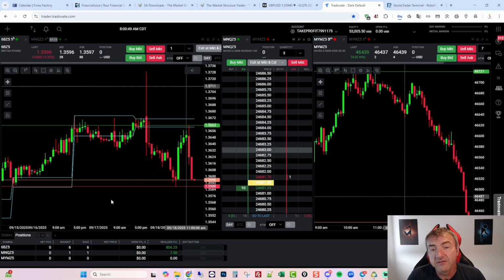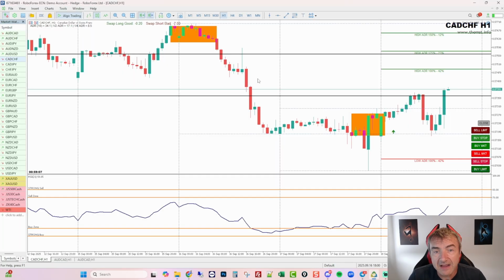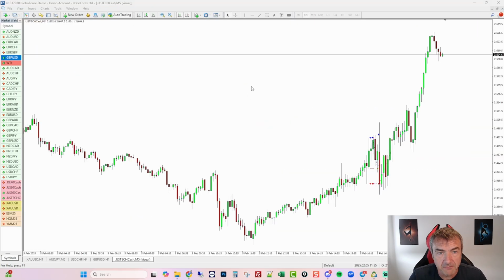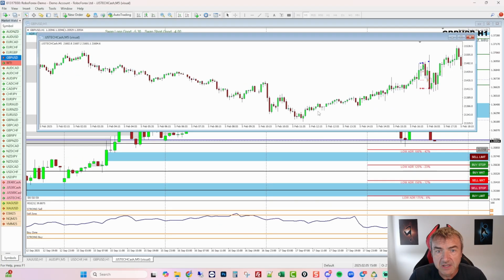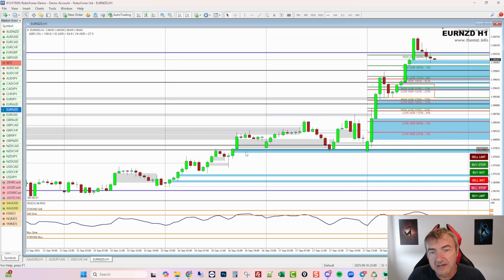So whichever one of these pieces of software you want to use for analysis, you don't have to actually execute your trades on it. So if you fall in love, for example, with MetaTrader 4, because you love the speed of it, it's got all the indicators you want on it, and you just like the way that it works and it's really easy to use, there's absolutely nothing wrong with using this for all of your analysis. You can use it for your alerting, you can use it for analysis, you can use it for creating expert advisors to do backtesting and everything, but you don't have to trade on the piece of software that you use